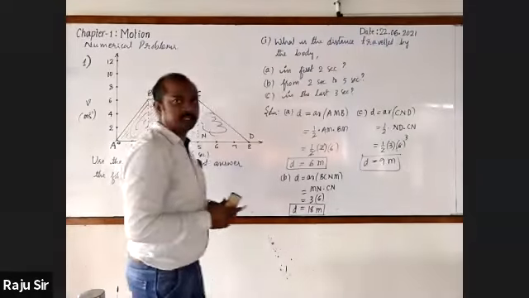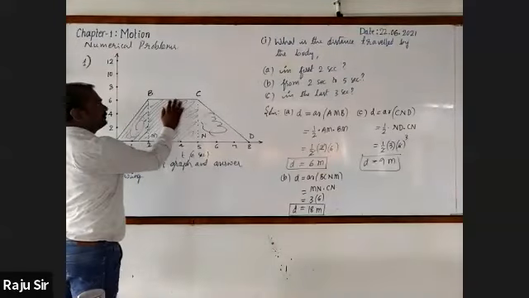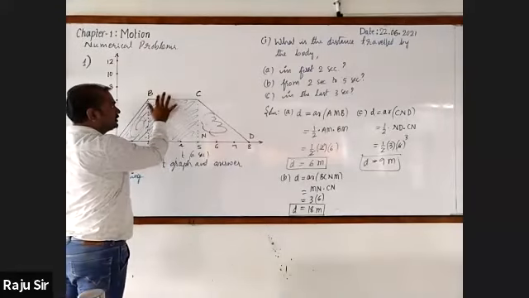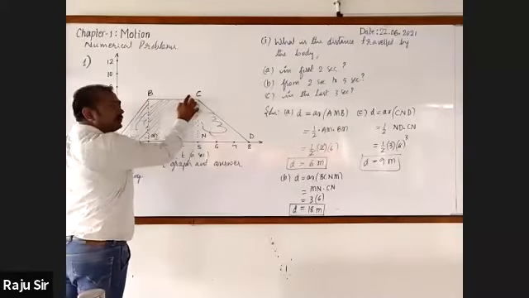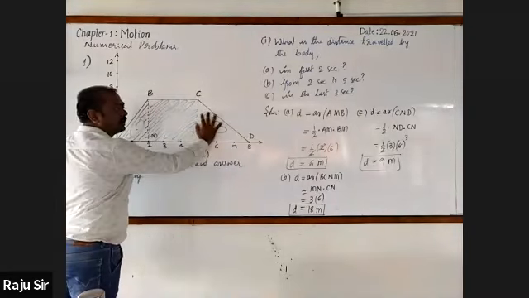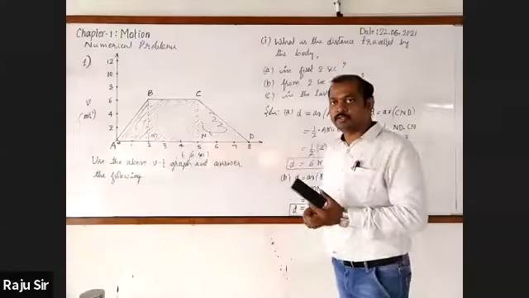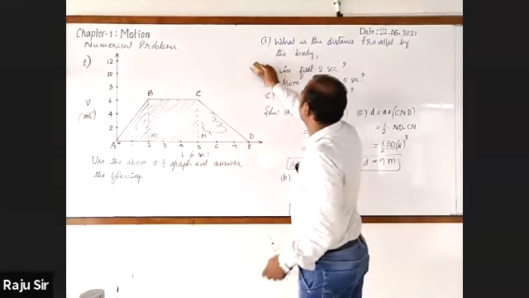I'll take the second question. If they ask what is the distance traveled up to 5 seconds, from 0 to 5 seconds, again you can go for taking a trapezium. This height, and the sum of parallel sides BC and AM, not AD. Area of ABCN, that probability also. Second question.